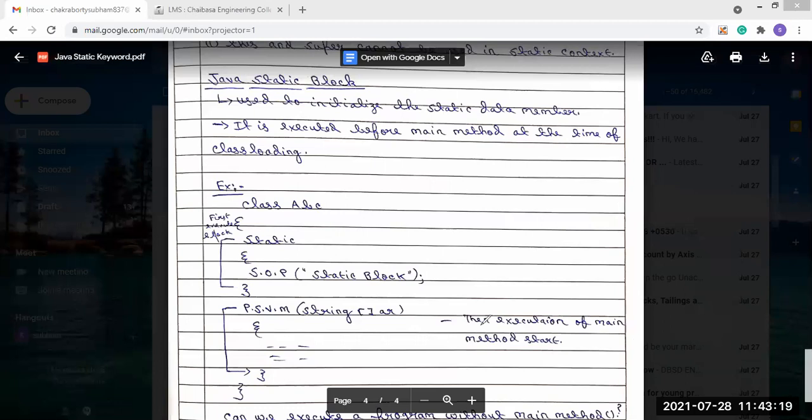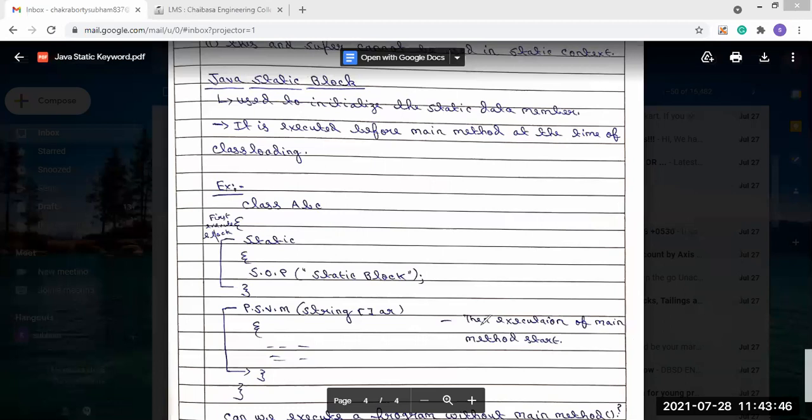So using the static block, not the static keyword alone, we can execute the Java program without the main method.